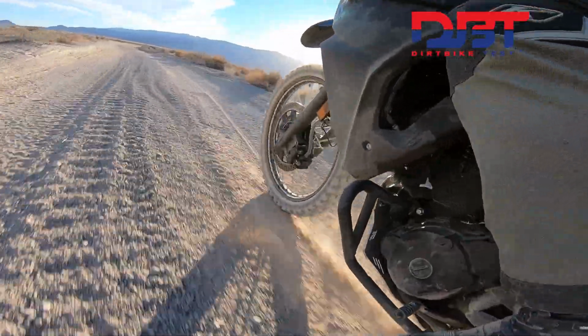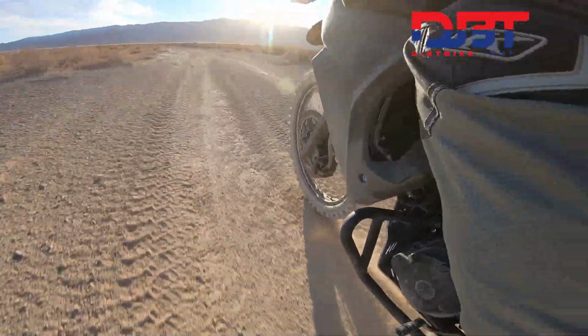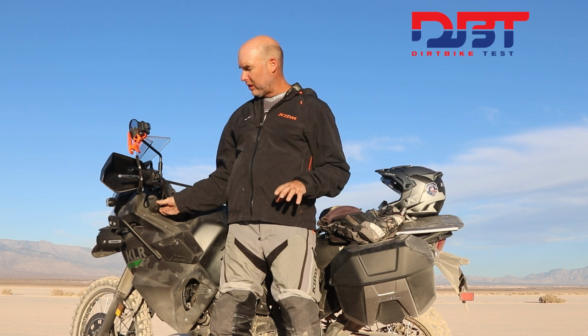So at $7,999, you're getting a basic adventure bike. This one comes with its panniers and crash guards, extra lights, a USB plug here that looks like you could plug a 50 amp socket into it. You're getting a lot of little things that are really expensive on some of the other bikes, but Kawasaki's giving it to you for a pretty decent price, and you're getting all the stuff that you need to go out